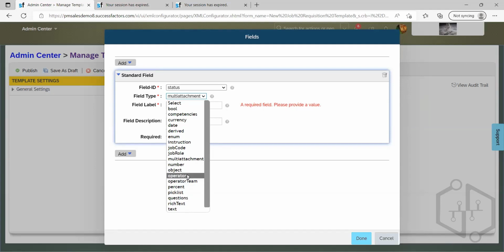Next is operator. Operator is what we spoke about, right? Sourcer, recruiter, hiring manager. If you're defining that field, we're going to select this operator. Operator team, if you're defining a team, we're going to define it. Percentage, as its name says, and request, you know it. Question is,